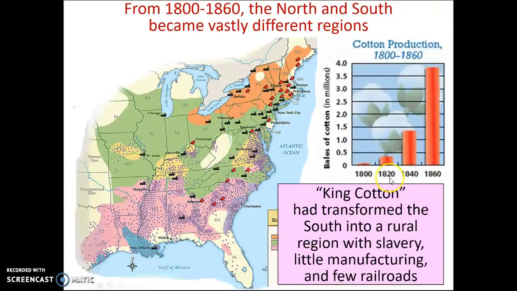You see here cotton production just going up from 1800 to 1860, and of course we know that's because of the cotton gin. King Cotton had transformed the South into a rural region with slavery, little manufacturing, and few railroads. And that few railroads is going to be really significant when we get around to the